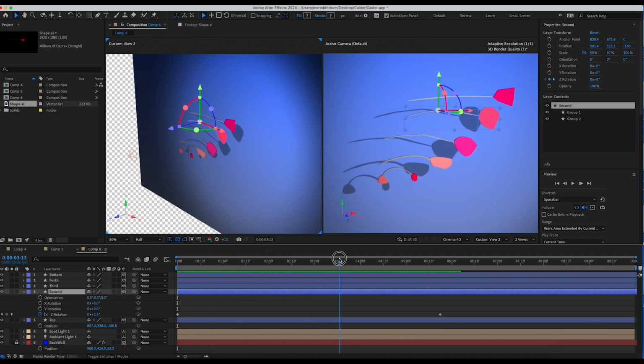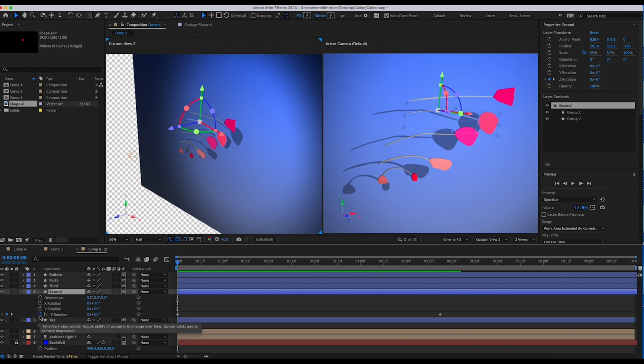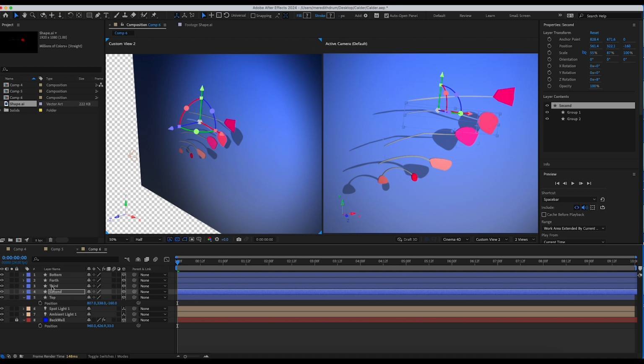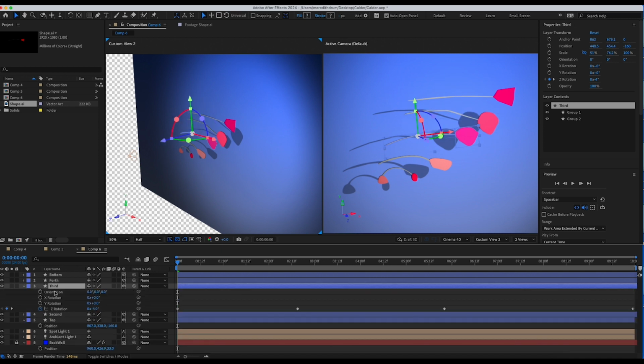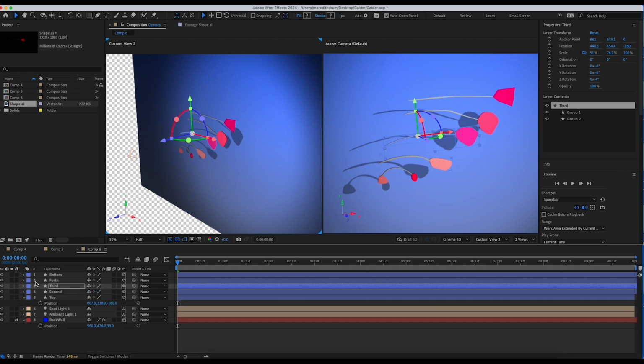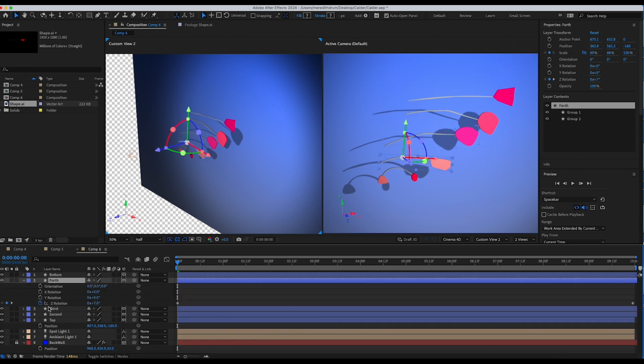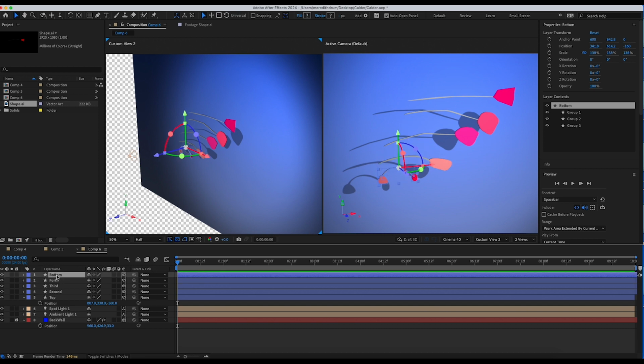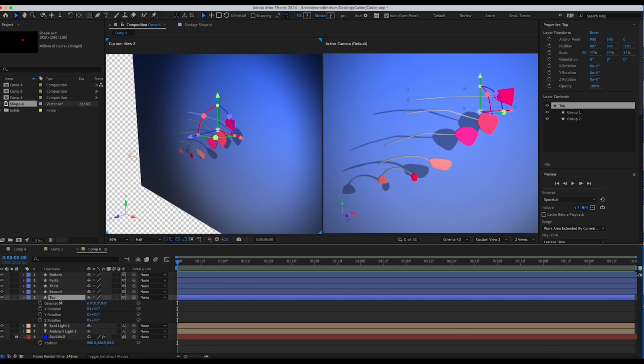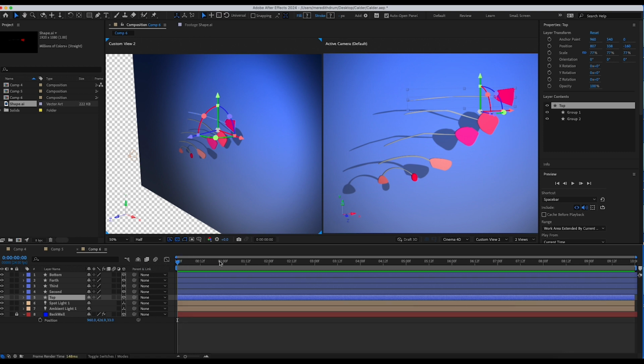I'm going to move my mouse to the beginning here and click this little stopwatch, and it'll get rid of any rotation there. So let's do the same here for the third one. I'm going to click it off. Okay. And the fourth one, rotation, click it off. Okay, let's see if this one has any. Nope. And let's see about the top. Nope. Okay, good enough.